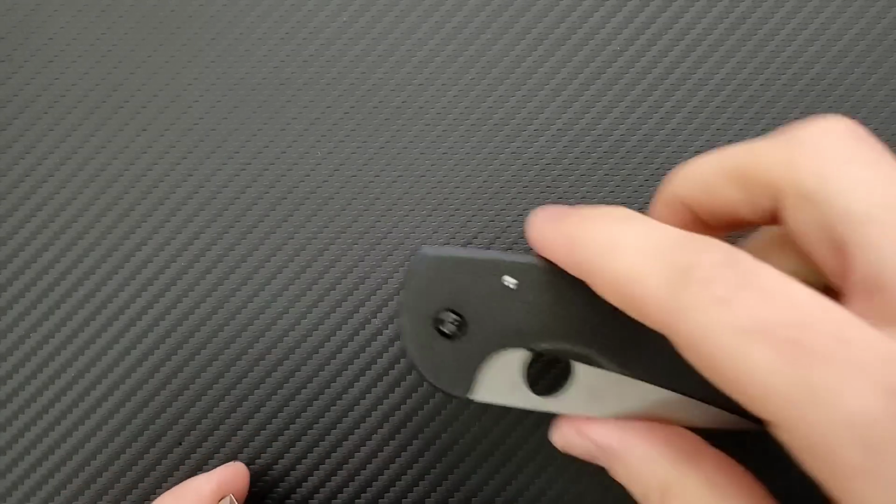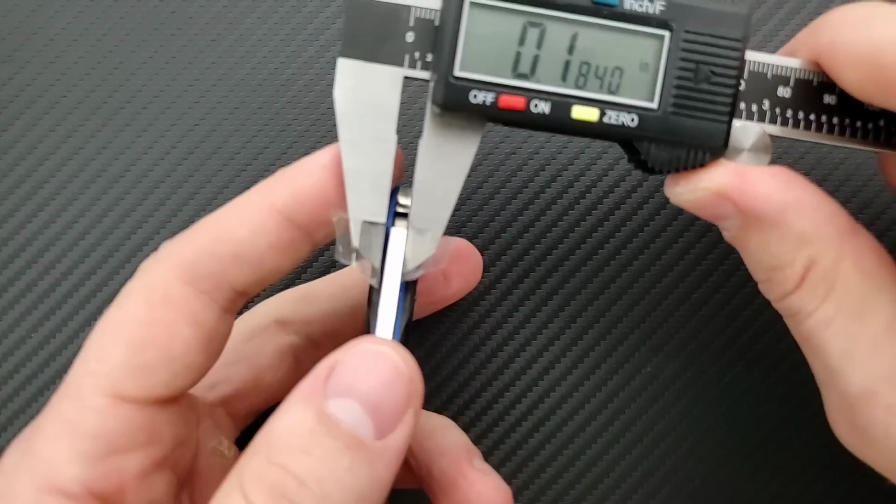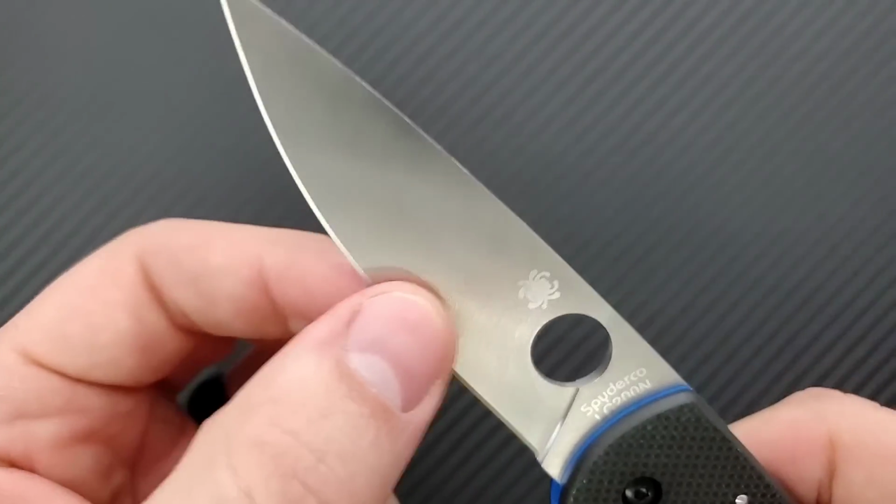Did we talk about blade stock thickness? Let's measure that here real quick. I don't think that I did it. Blade stock thickness on this guy's coming in at 125 thousandths. That's fine. It's not thick at all. Comes down to a nice